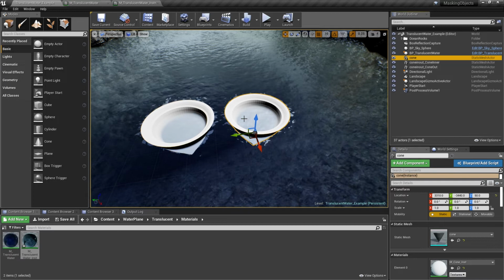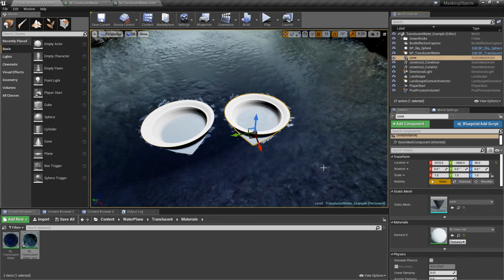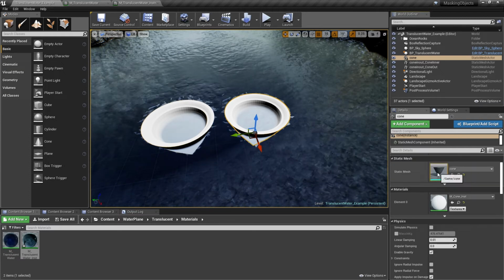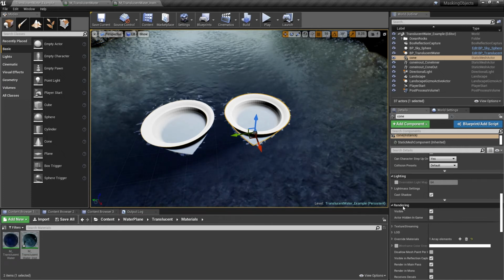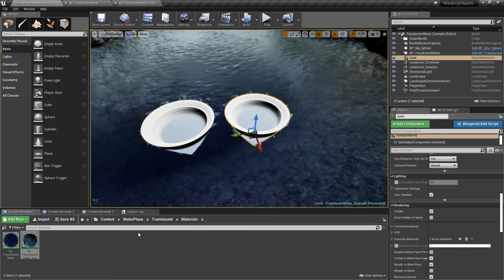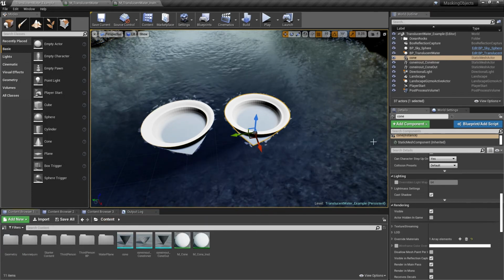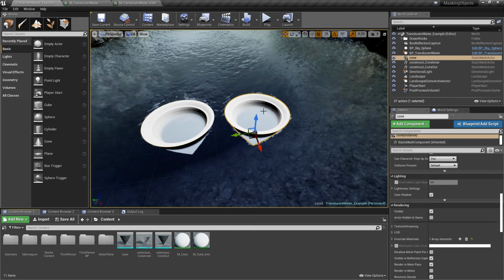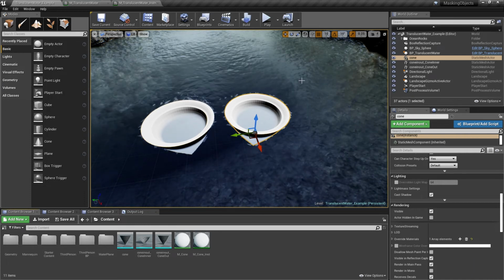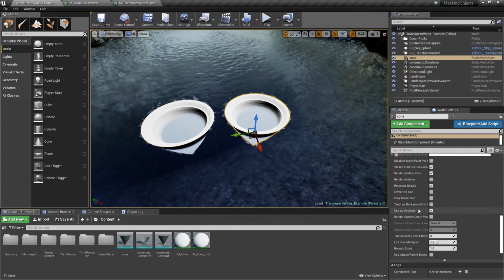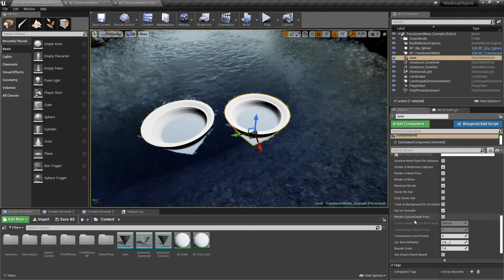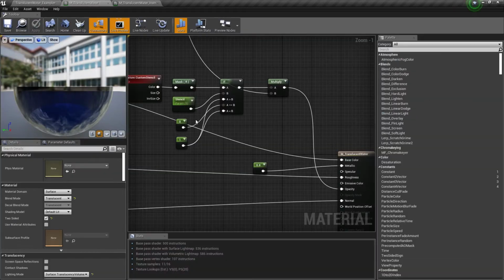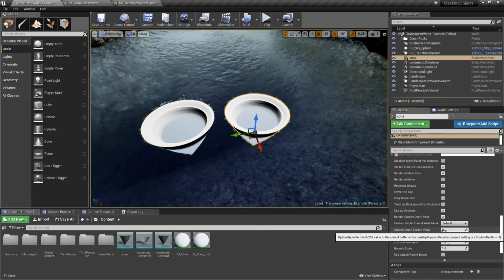We'll pick this first cone here, and we have the details panel for this. You go all the way down here into the rendering section. Remember, you are doing this in the instance, not in the mesh. You're doing the instance of that mesh, okay? The instance that is applied to your scene, because maybe you have another secondary instance here that you don't want to do this on. So you get this cone here, and you find this little text here, render custom depth pass, and you have to enable this. And remember that value that we have placed here, the stencil value. That's the value that you want to feed here,